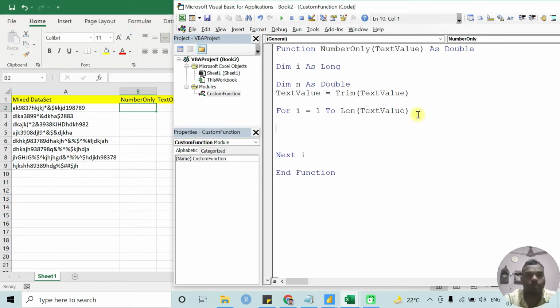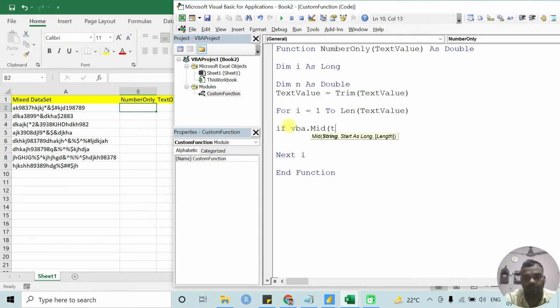Now I check one by one which is a number, which is a string, and which is a special character. So we are going to check one character at a time and move to the end of this string. How to check? Using if, using the mid function, which is the VBA method of mid.